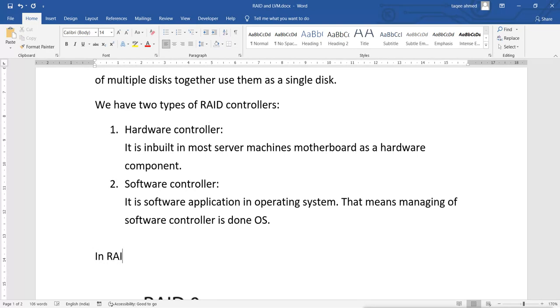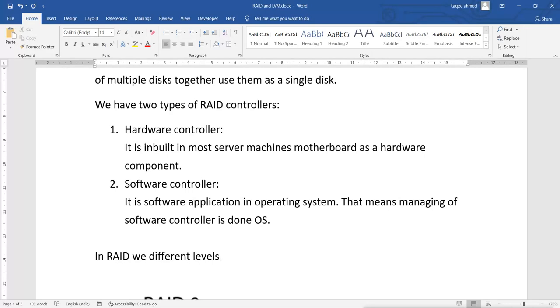So in RAID we have different levels. Now what levels do we have? We have levels from 0 to 6.